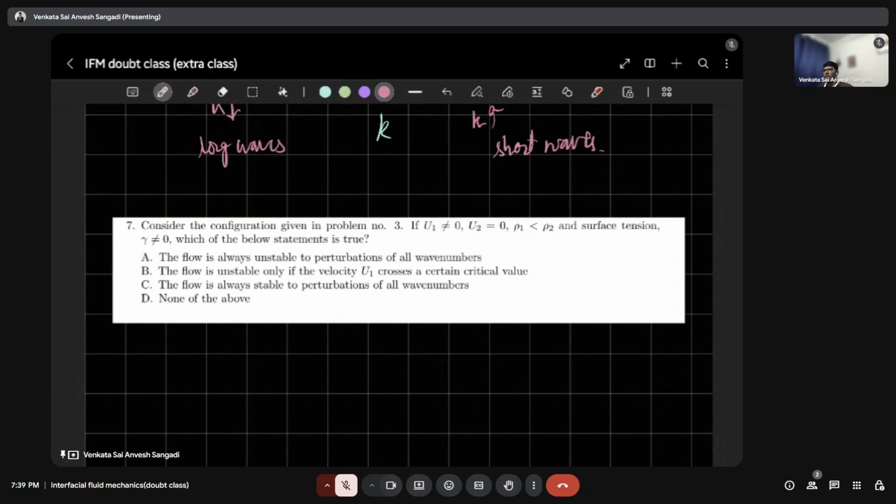If u1 is not equal to 0, and u2 is equal to 0, and rho 1 is less than rho 2, that is the bottom fluid is heavier, and the surface tension is also not zero, then which of the statements is true? The flow is always unstable to perturbation of all wavelengths. The flow is unstable only if the